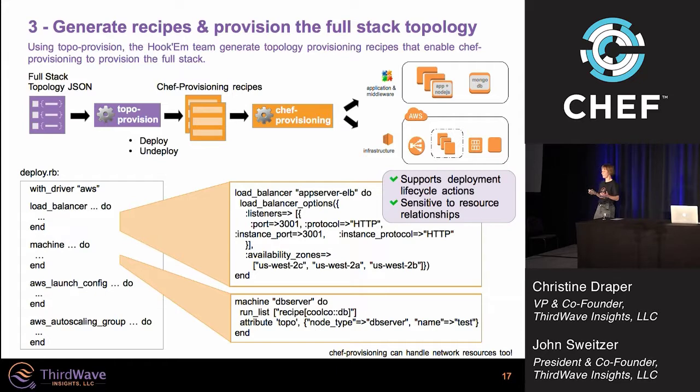Okay, so the third step, they take the topology JSON for their topology, again use this topo provision tool to generate chef provisioning recipes for deploying and undeploying, basically for destroying the topology. They can now run that with chef provisioning. Chef provisioning will go and create the full stack, so the infrastructure resources as well as the application and the middleware. And of course it's chef, so they can rerun it if they need to. If they want to check that that topology is still in the desired state, they can rerun the recipe. If they need to update it, they can change the topology JSON, regenerate the recipe, run it, and it'll update